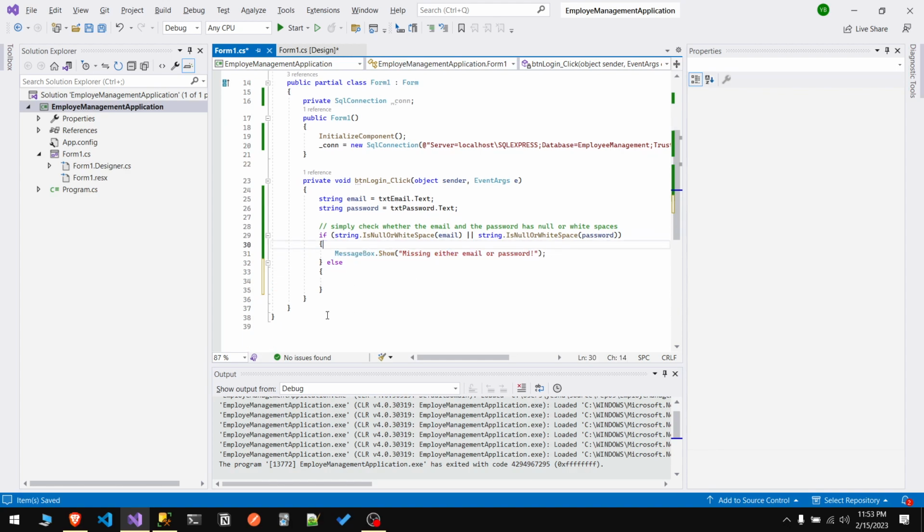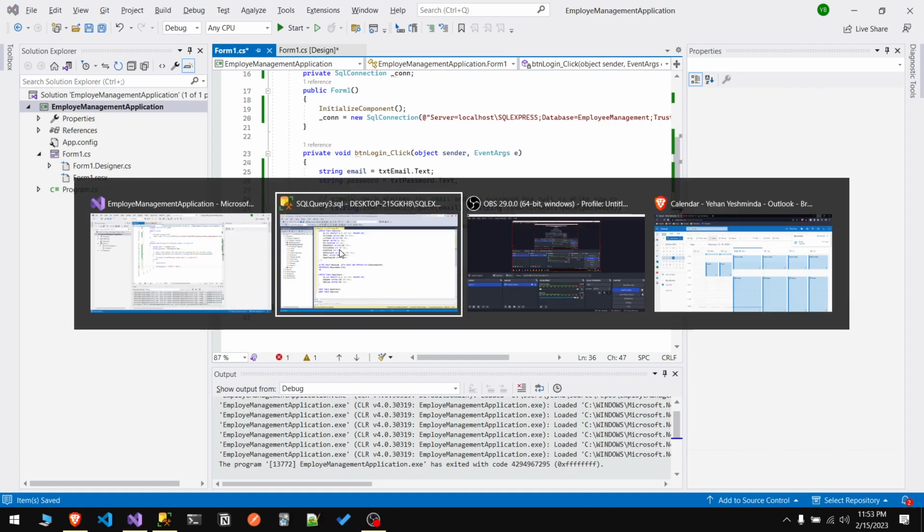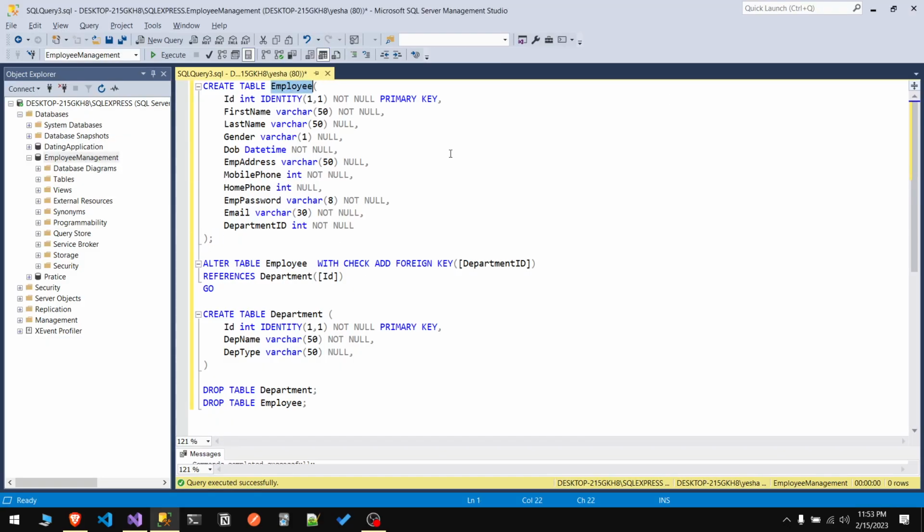And if they do not provide any email or password, this would then be executed. Okay. And in the else block, what we could type is this. First we open the connection, which we actually defined on the top, which means we're opening a path for us to access the database. And then once we open it, we write a query. In this query, we write a simple query: select all from the table which we created, employee,